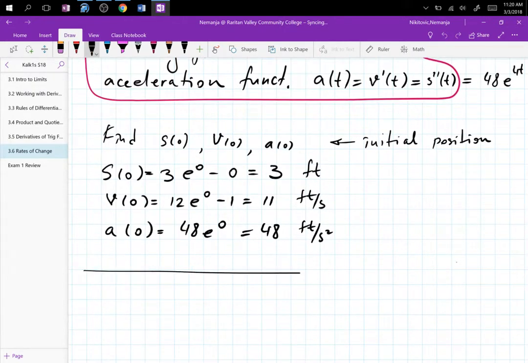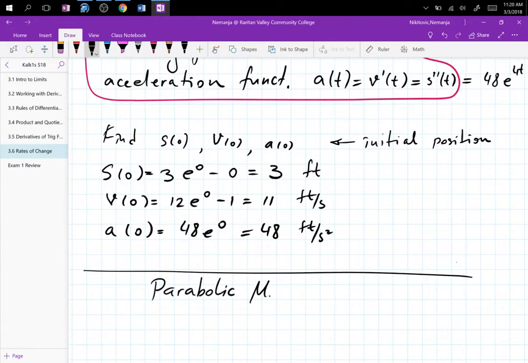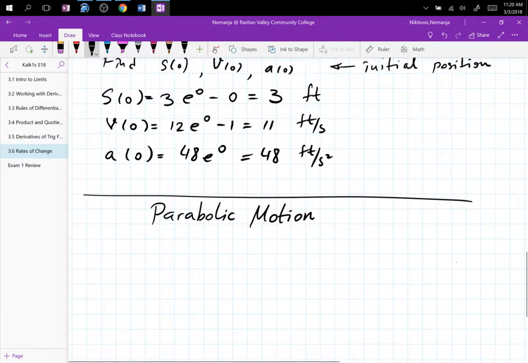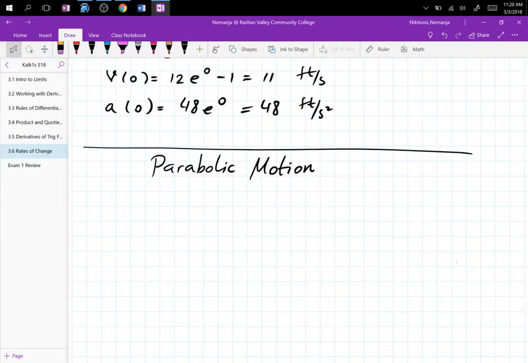So now we're going to talk about parabolic motion. So let's do an experiment, and I guess I can only do one trial because I have one marker. So everyone has to pay attention because that's the only trial you get. So this object is going to fly across the classroom,